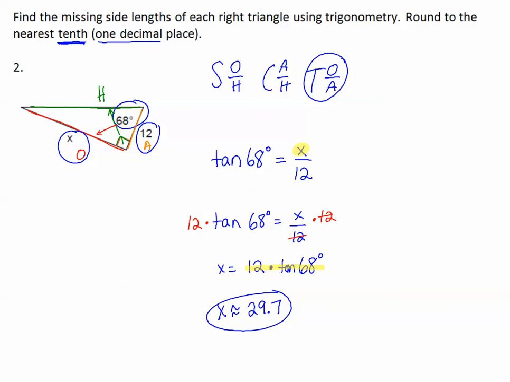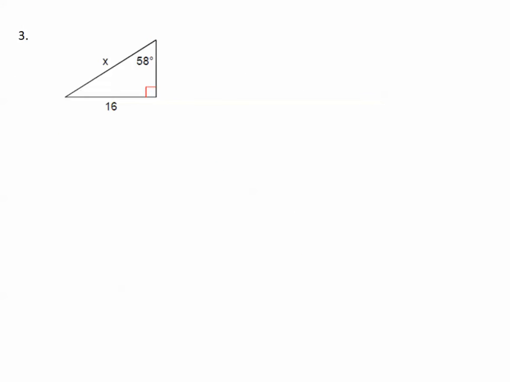Let's go try another one. Starting by labeling the sides. Maybe you can pause the video, try it yourself, come back and see how you did. From our right angle, looking across, there's our hypotenuse. From our acute angle, looking across, that's opposite. Next to, that's adjacent. I'm using trig, so I write